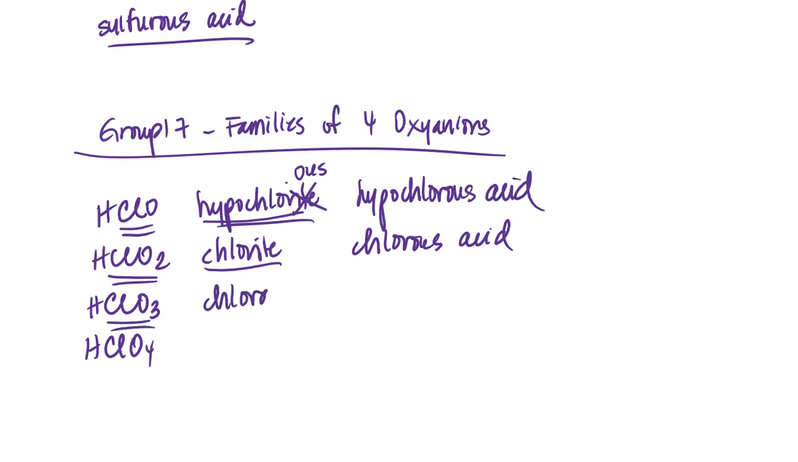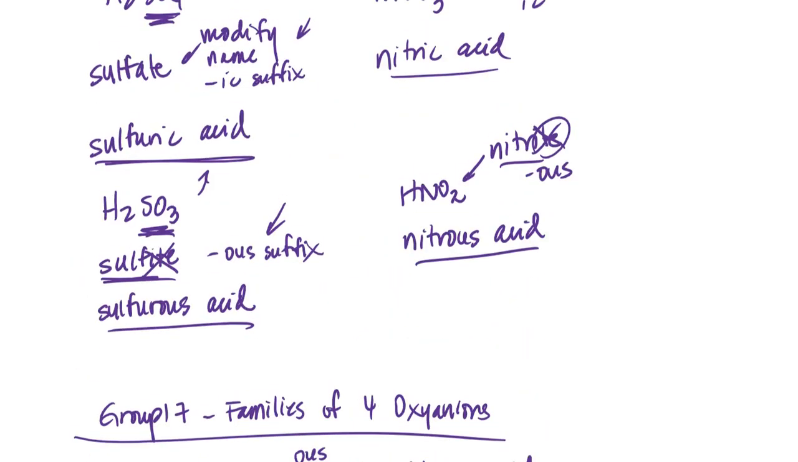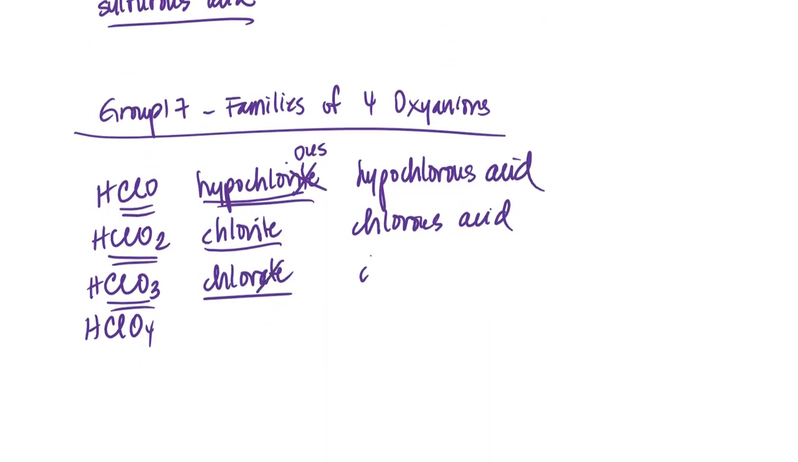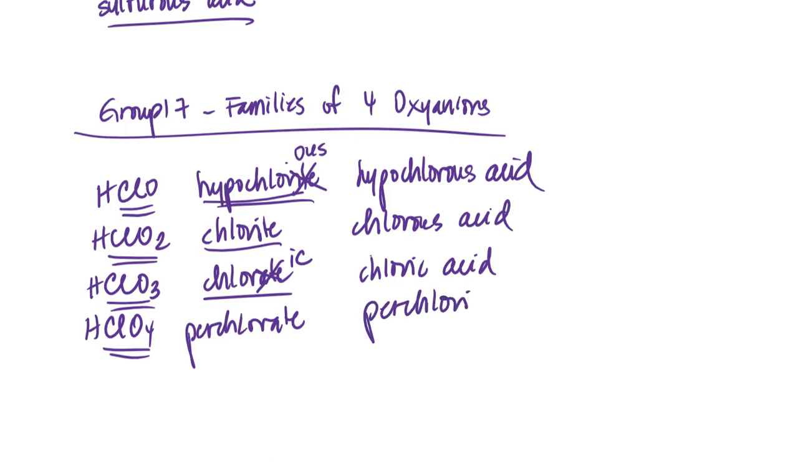ClO3- would be the chlorate anion, and so I would refer to that, if you recall, whenever I encountered the ATE ending in an oxyanion name, then basically I replaced the ATE with an IC suffix instead, and so that would make this chloric acid. And if you recall, ClO4- is referred to as the perchlorate ion, so I would refer to this as perchloric